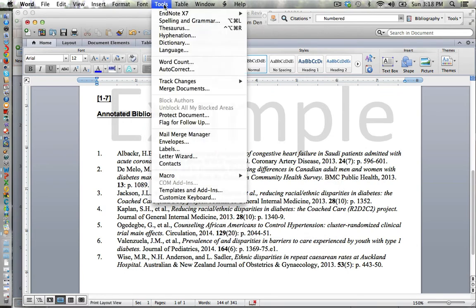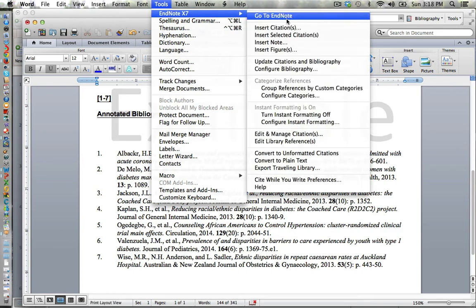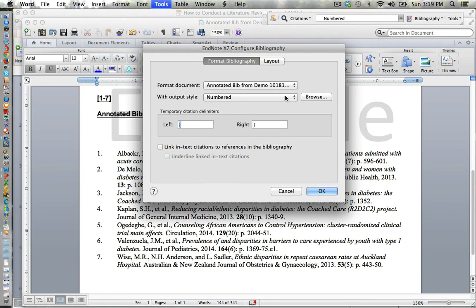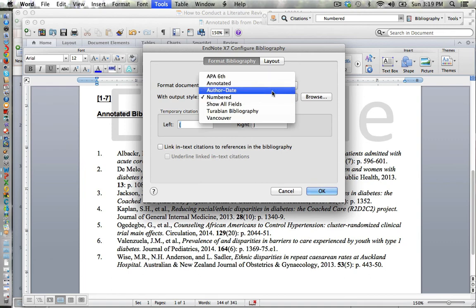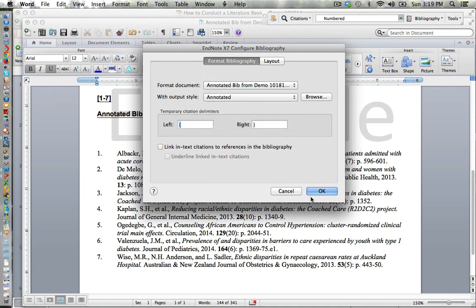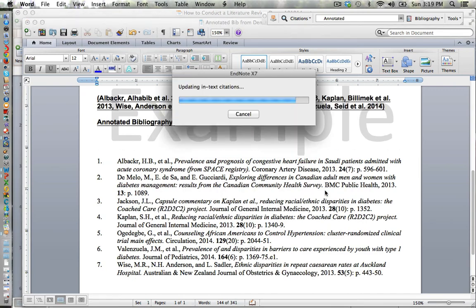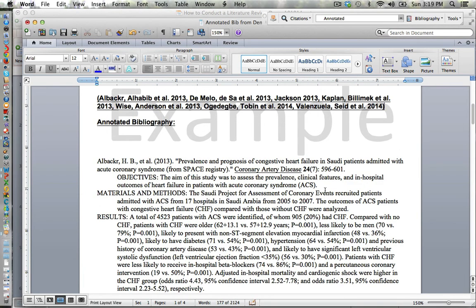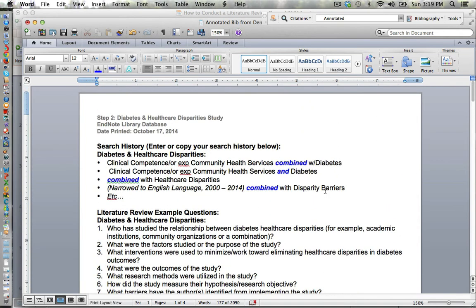Another way to get at the same shortcut menu is to go to Configure Bibliography. And here I would choose Annotated and OK. And it'll reformat it back into my annotated bibliography. Once I have my library completely imported back into my Word document, then I can go into that next